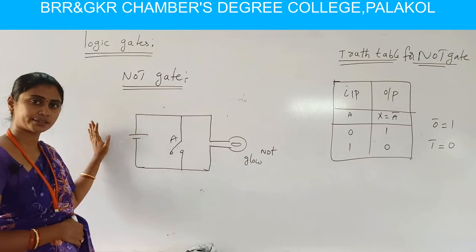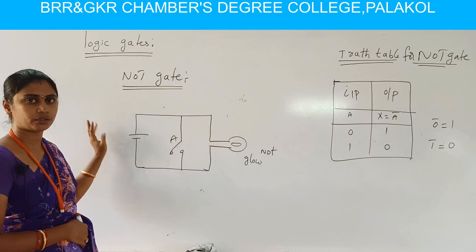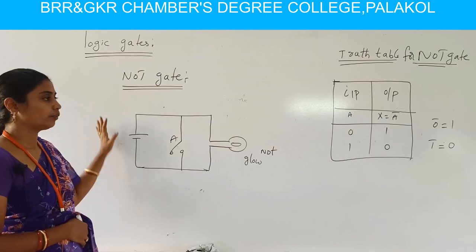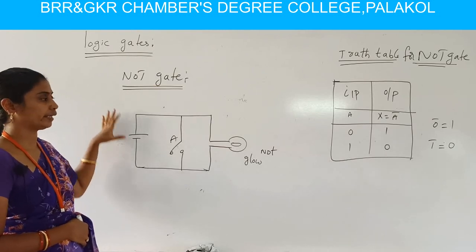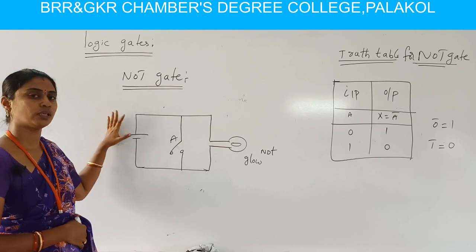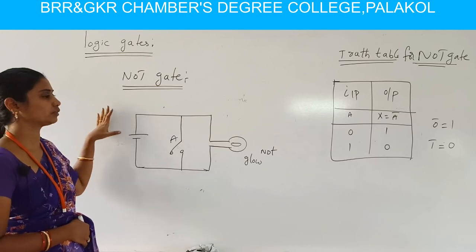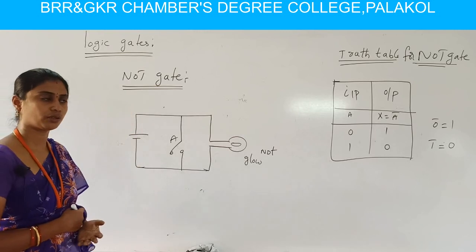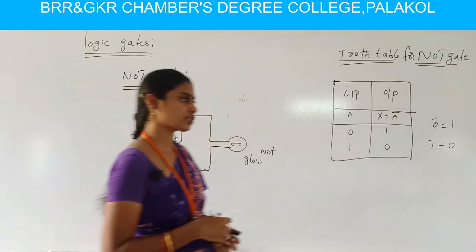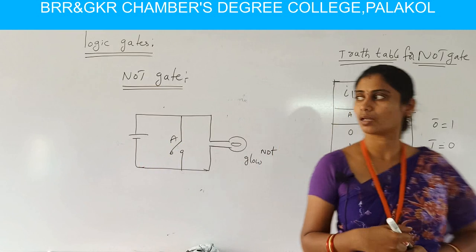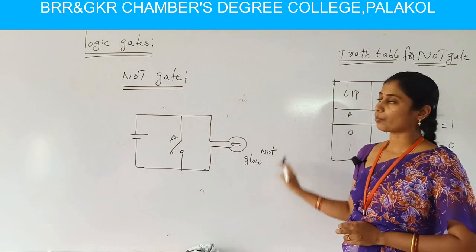These basic logic gates, AND, OR and NOT, are very important because they are the building blocks for the construction of digital electronics. So these topics are very important from an examination point of view also. By using these gates we can construct the remaining gates also. Okay, that is about logic gates.